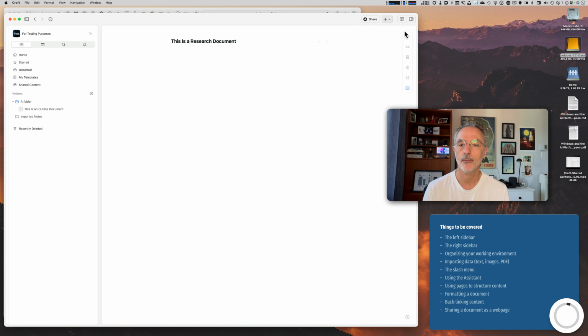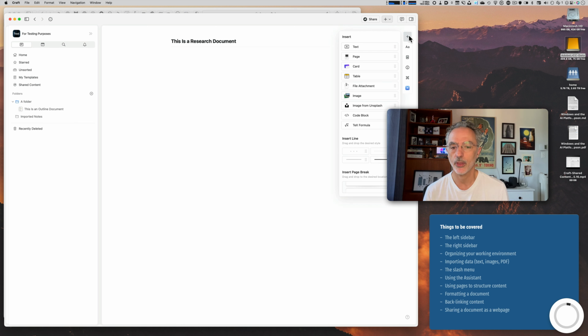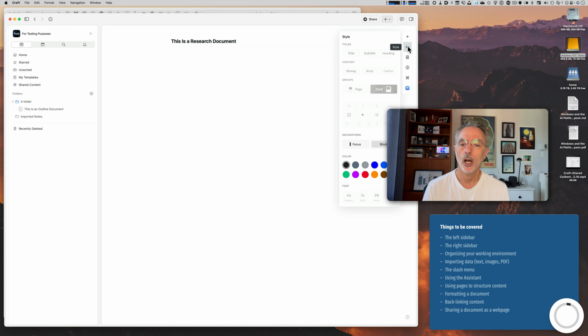And on the right, there is a little vertical bar here where you can select or choose things that you want to do, like inserting some type of blocks in the current document that you are viewing. This is here the formatting of what you have actually selected in your document. You'll be able to format the block you're in, like the title, the content, the grouping, which I'll talk about later, and also some color